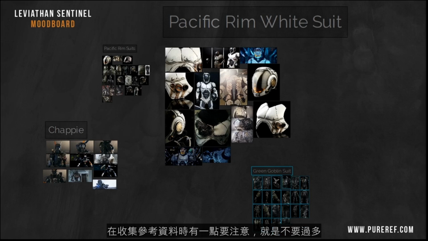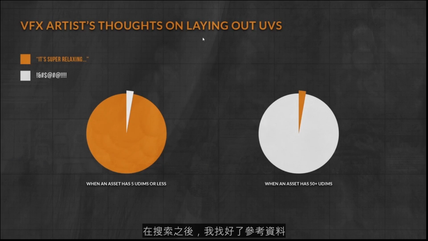One thing with references is you have to be careful not to have way too much, because sometimes you can get lost. What I usually do is have one main reference, and then some secondary ones. And I also like to have a CG render as my inspiration for the level of detail. So after I found all my references,